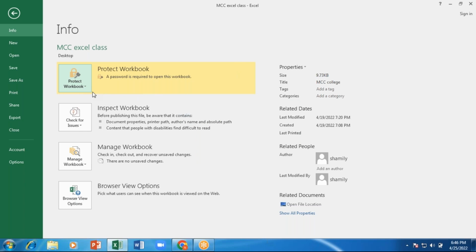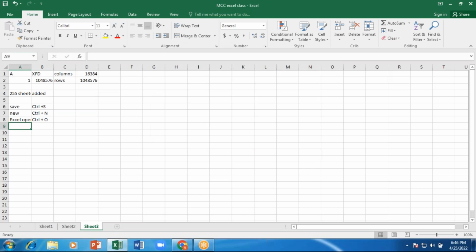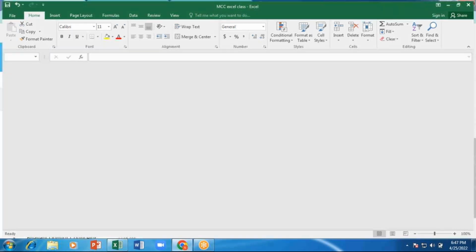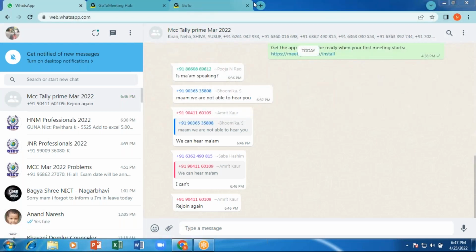So after giving the password, I'll save this. How to save? Control S. I'll save this and close it. To close this, what is the shortcut key? Alt plus F4. Okay, I'm saving and closing this. Alt F4. I've closed it. So after closing this, what I will do is